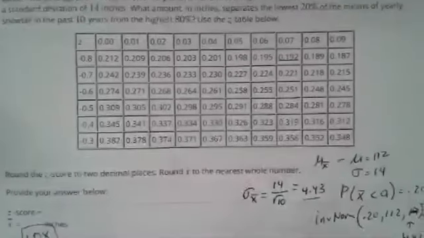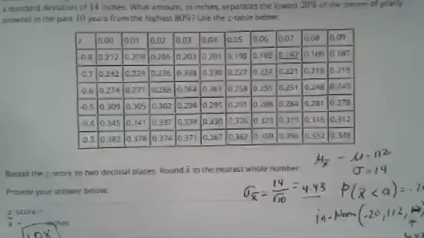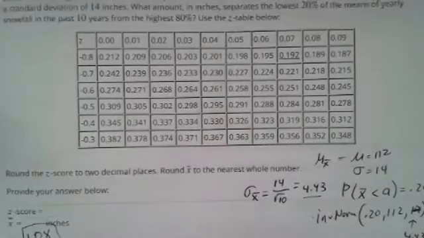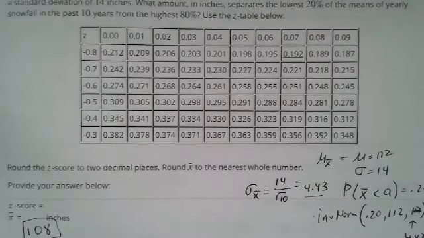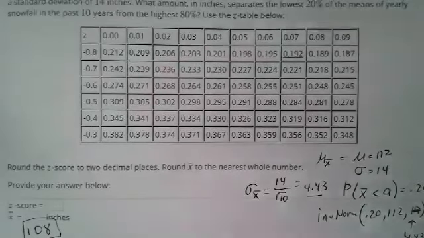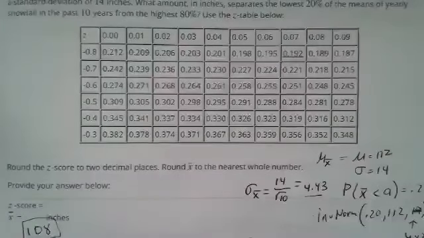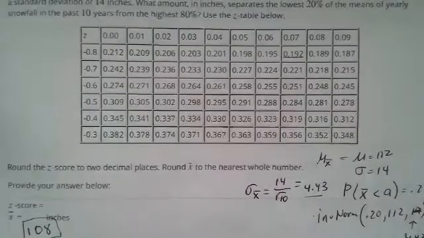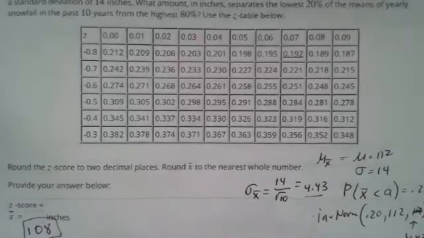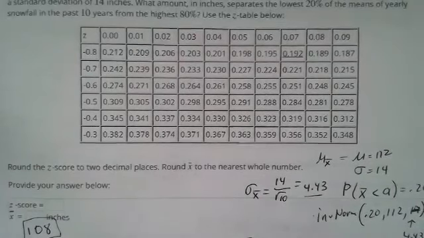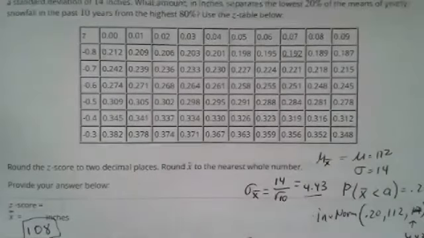But then we need to find the Z-score. So Z is equal to 108 minus the mean, which is 112, all over the sigma of x bar, so that's 4.43. So 108 minus 112, divided by 4.43. I get negative 0.9. Did I do this right? Negative 0.902. We should keep the decimal when calculating the approximate